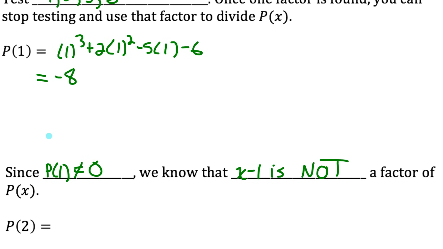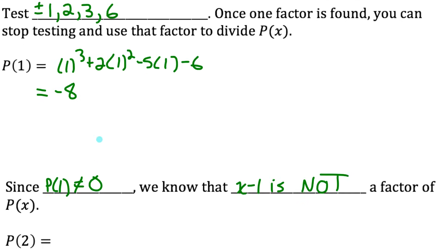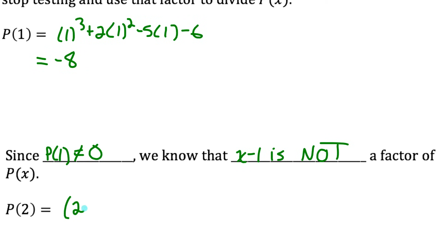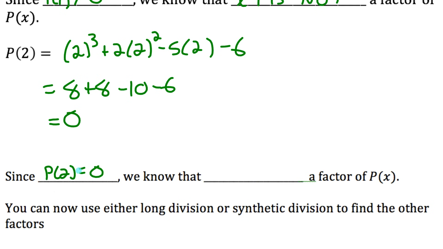It has a remainder of negative 8. So let's try another one of these integers. How about 2? So we would have 2 cubed plus 2 times 2 squared minus 5 times 2 minus 6. And here we would have 8 plus 8 minus 10 minus 6. Hey, that's 0. So since p at 2 equals 0, we know that the factor that would have 2 as